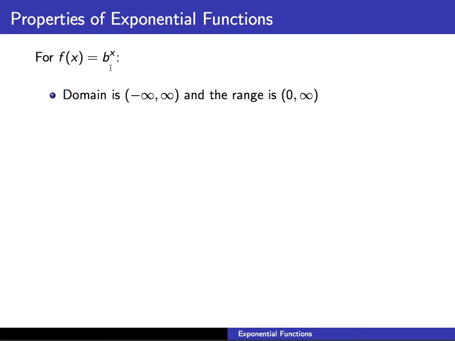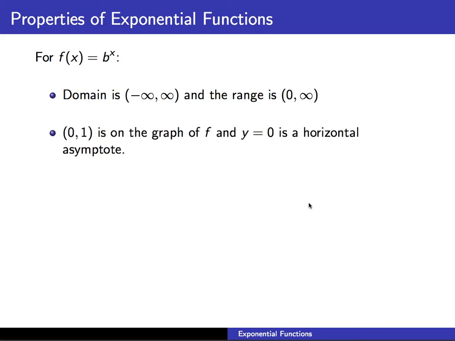So for our exponential functions, our domain is all real numbers, which means we can input any number we want for x, any kind of real number that we want. And the range, all of our output values are greater than 0. So any real number we plug into our function, our outputs are guaranteed to be positive. The point (0, 1) is on the graph of f(x), and y equals 0 is a horizontal